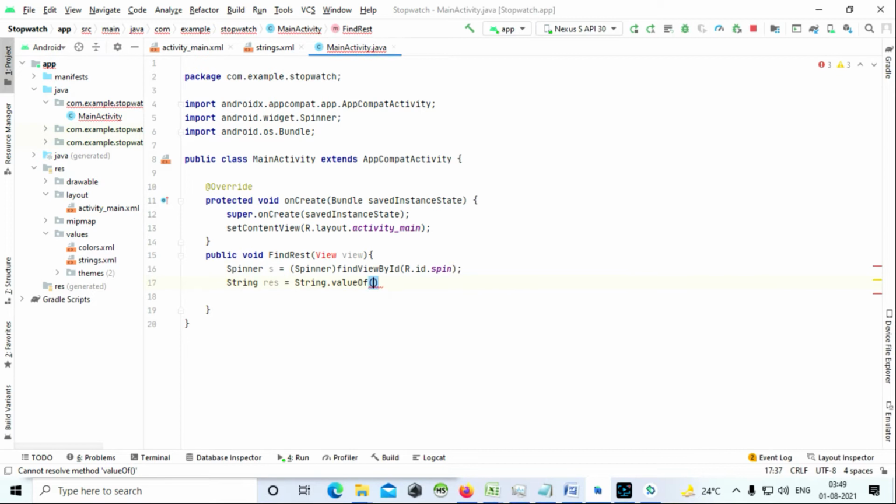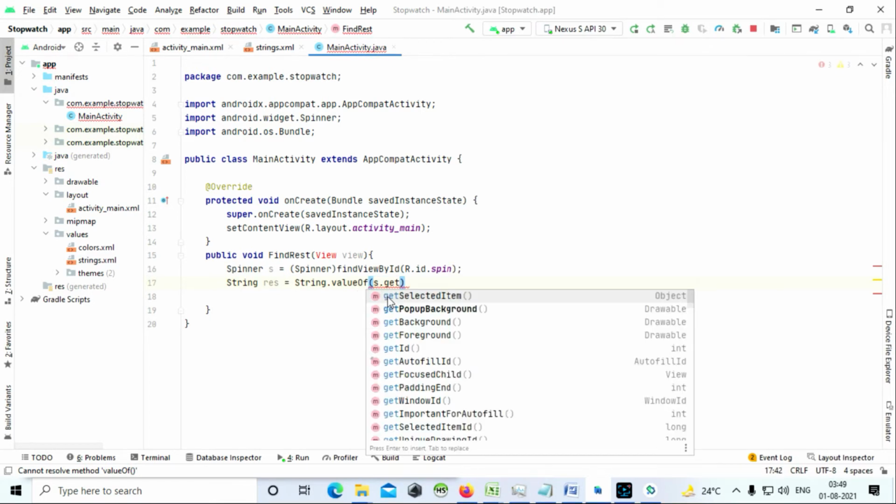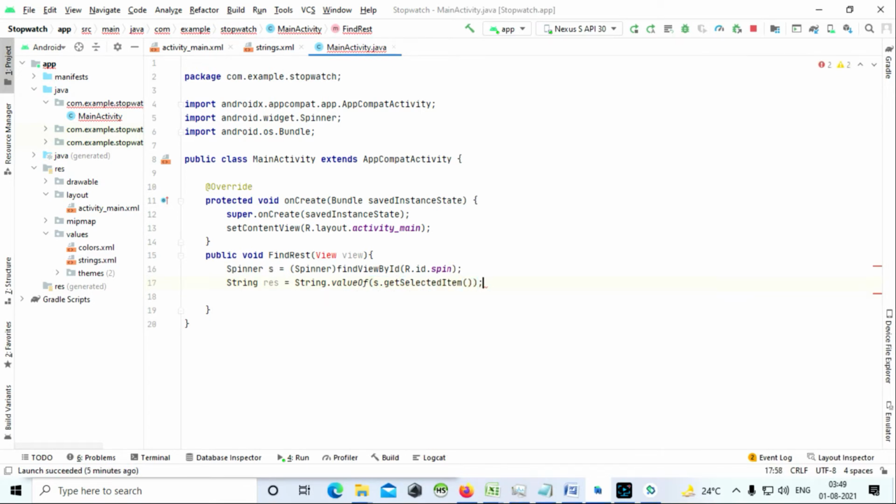So we want to give s.getSelectedItem. This returns the selected item from the spinner, and we are converting it to a string and assigning it to res. For example, if you have selected Hyderabad as your current city, then Hyderabad is in the variable called res. Okay, res equal to Hyderabad.